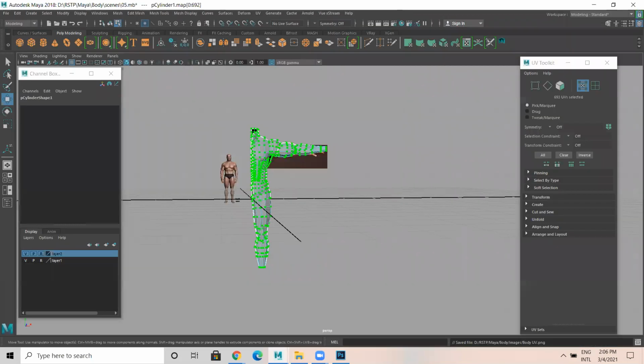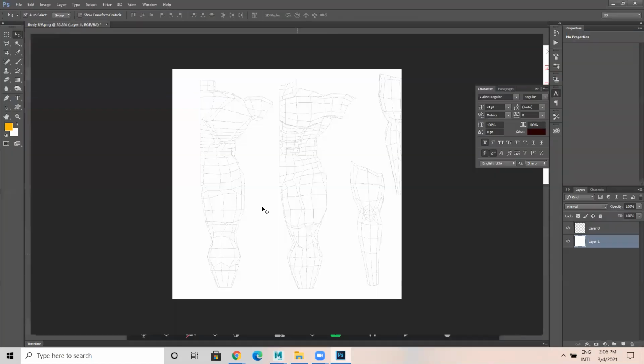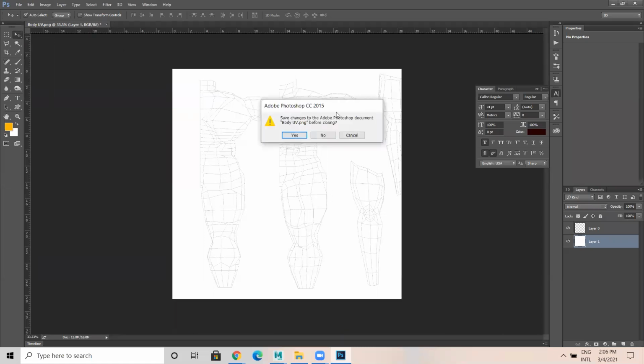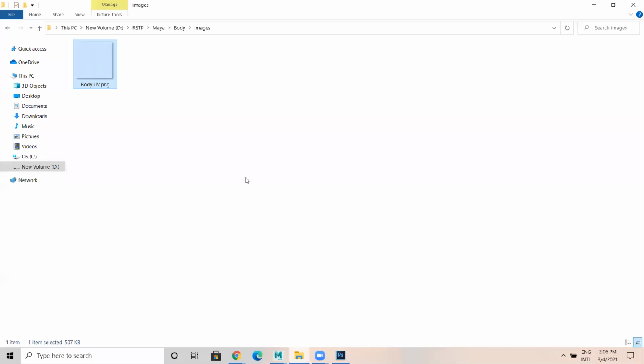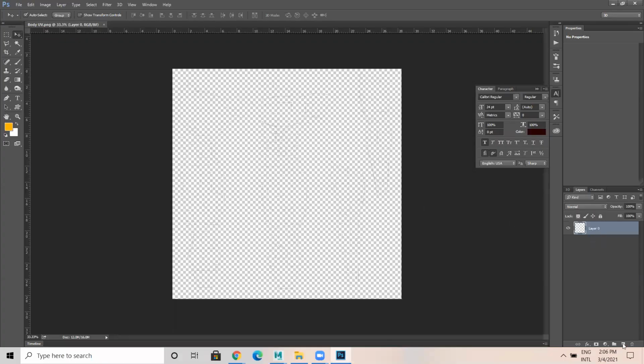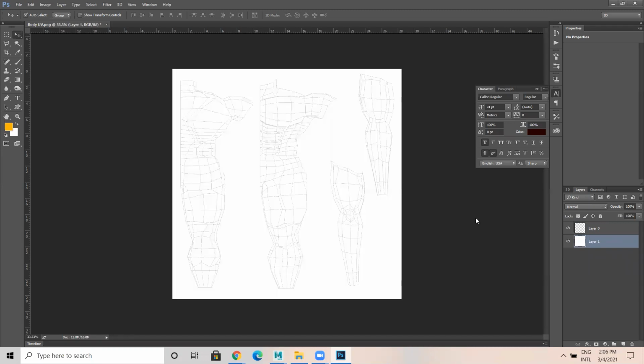So now I'll come over here, close this, and import again to Photoshop. I'll add a new layer. Now you have to see, make sure all the UVs are inside this particular image, so nothing is missing, like it's not going outside.